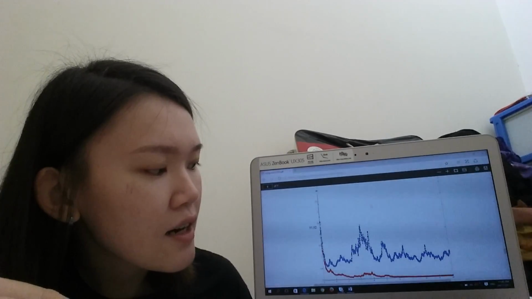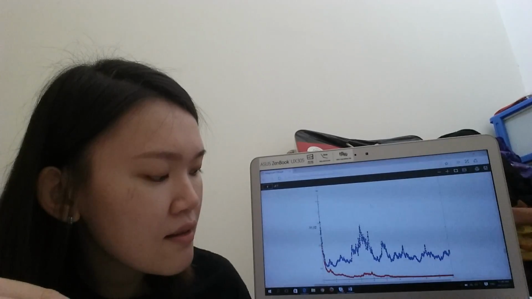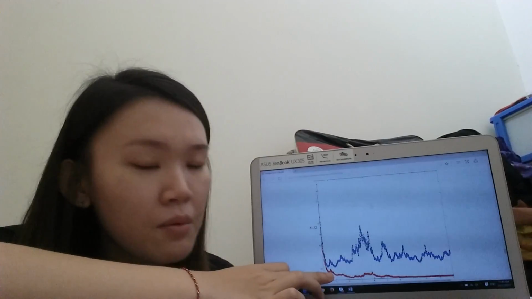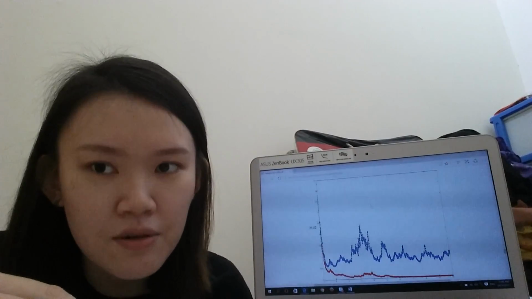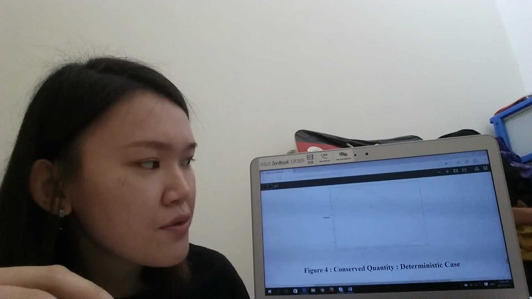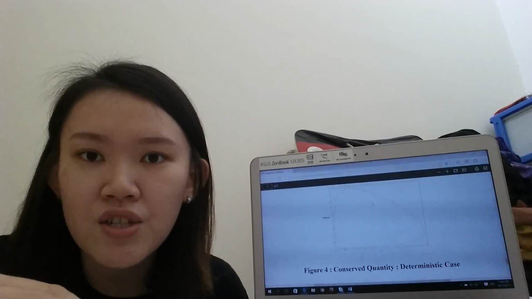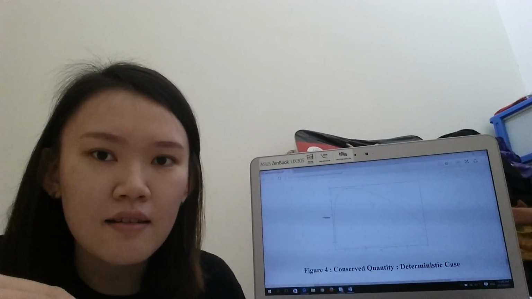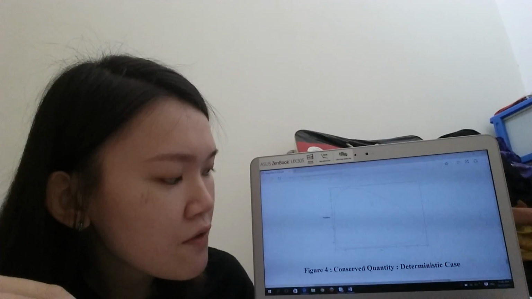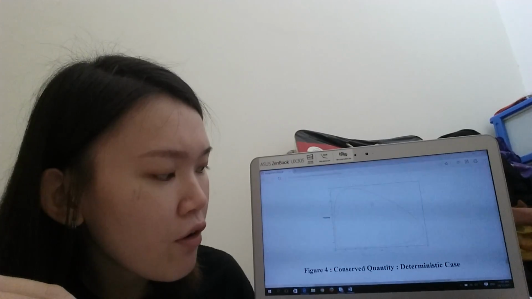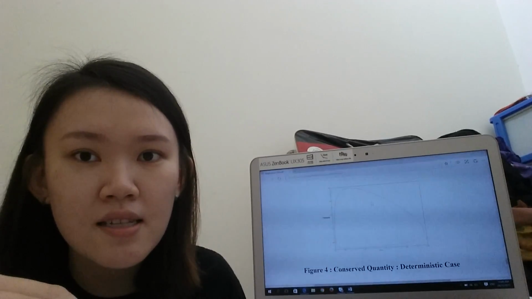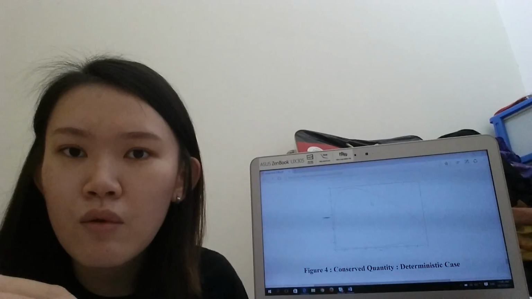And the third graph represents the addition of environmental noise, and we can see that the red line, which is the population of the predator, is forced to 0. And the fourth graph is a closed circle, representing the total amount of energy conserved in each cycle. So the population of the rabbit is forced down and yet recovers, but the population of the predator remains sizable at the lowest of the rabbit